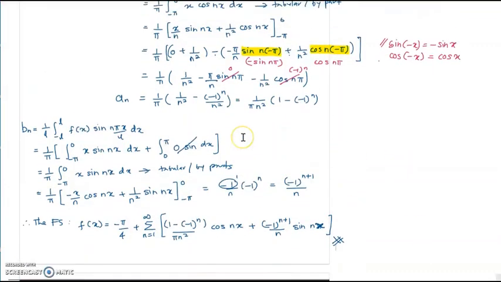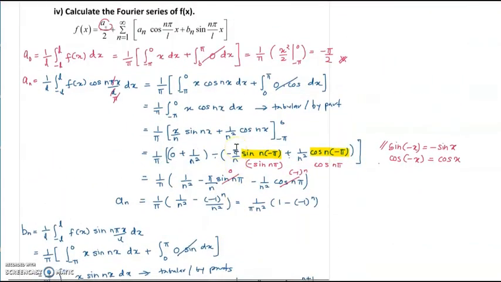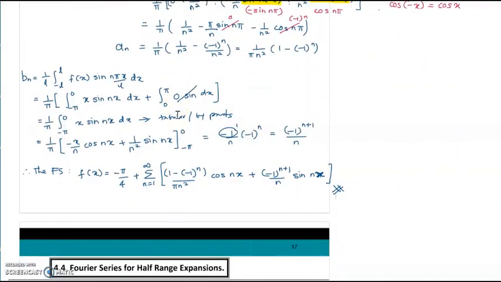Okay, so this is full range. Full range means you need to evaluate a naught, an, bn, all of them. And the integral is slightly different because you have the full range, negative L to L. All right, so that's all for